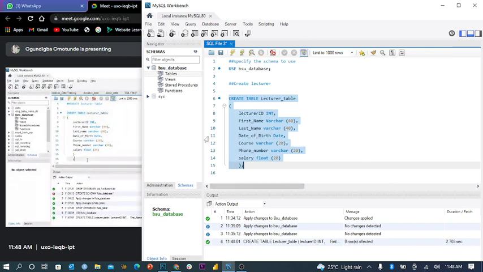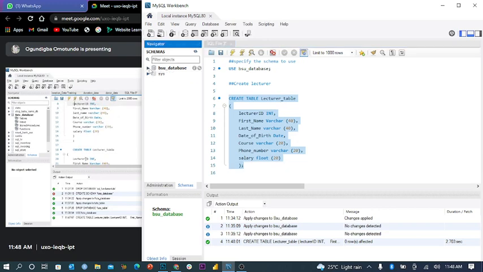So let's assume I want to create the student table too. I can just copy this if I will be using the same arrangement. Then paste, then I edit.